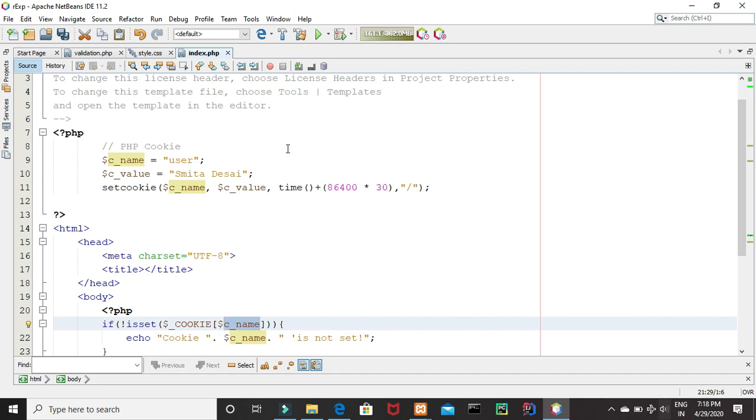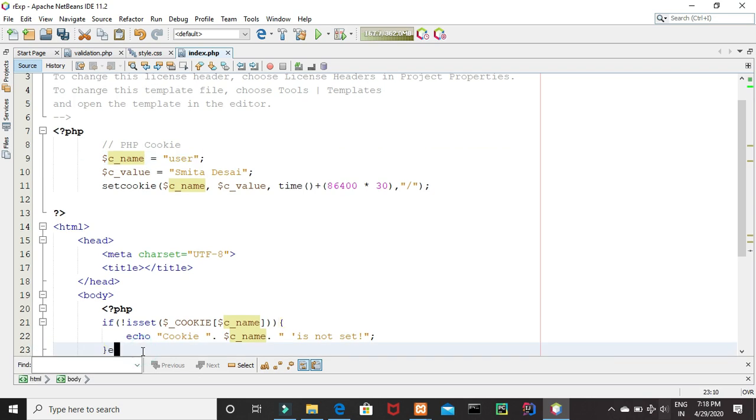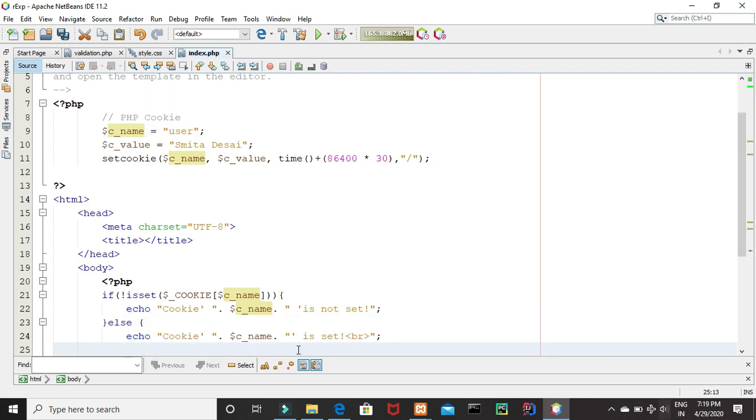Cname is nothing but user. You see the value of cname is user. Else, that means cookie is set. We will display the message that user cookie is been set and we will also display the value of that cookie. One more echo will come. We will use the global variable cookie and our variable name.